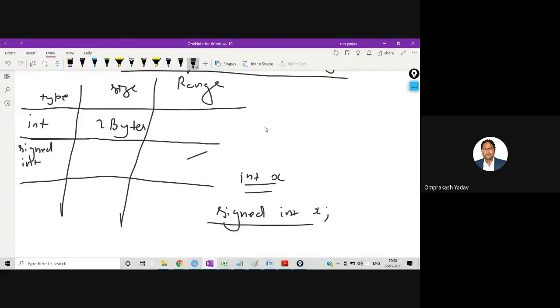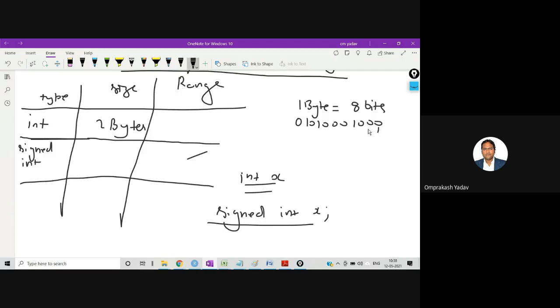2 bytes. Now yesterday I told you what a byte means. 1 byte is equal to 8 bits. What do you mean by bits? I told you that the computer only understands binary language. So what is binary language? It's a stream of zeros and ones. Whatever programs we want to write, we have to write in terms of zeros and ones. So only two symbols are there, 0 and 1. That's why this is binary language. So I'm talking about these bits.